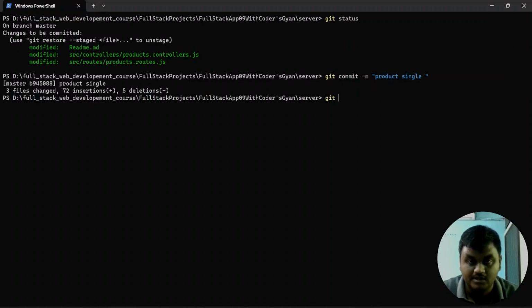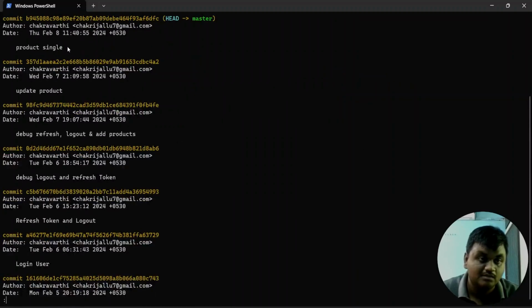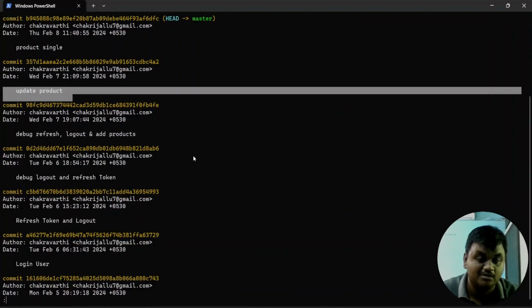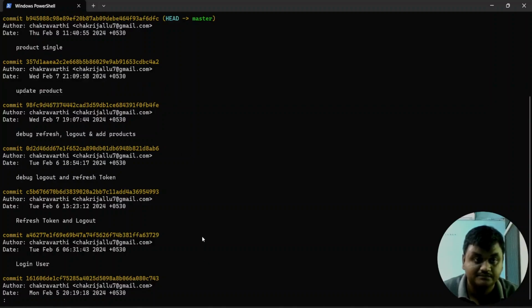Okay, git status again: nothing to commit, working tree clean. If you see the logs, product single is there, update control, and update product. These are there. Next,